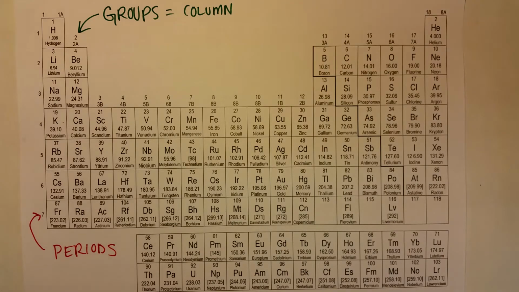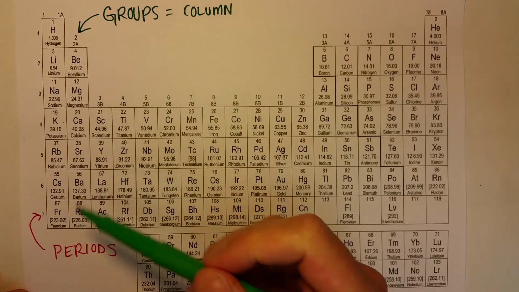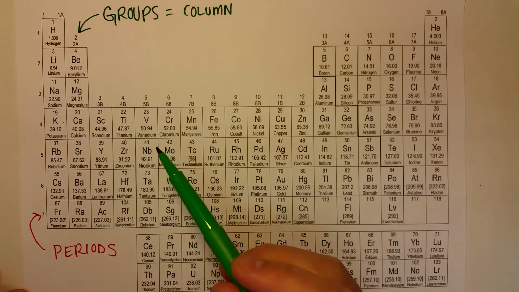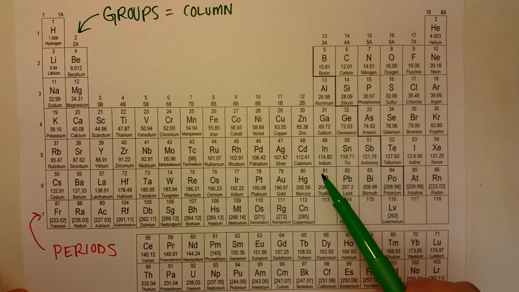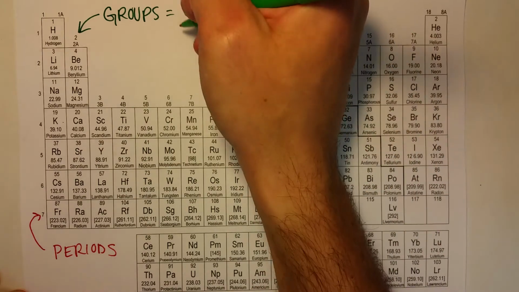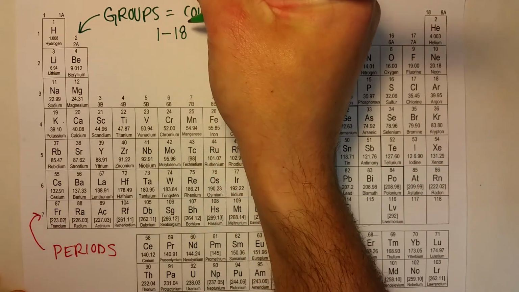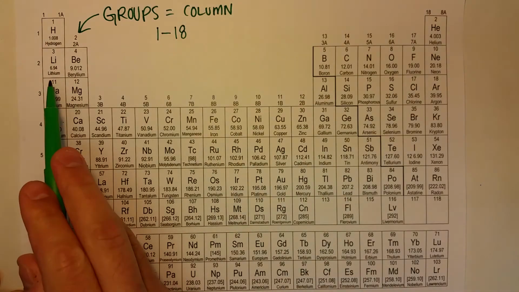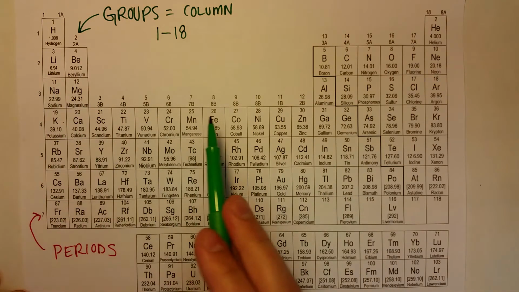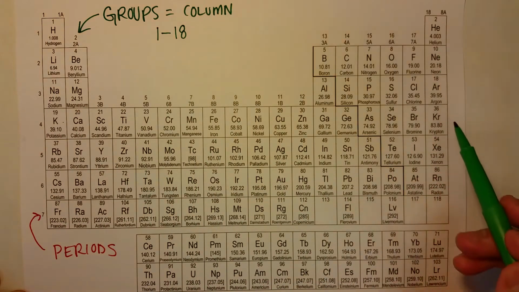For discussing elements within the periodic table, of course, we're going to want to number the groups and periods. For the groups, as you can see, there's 2 main mechanisms for numbering the groups or columns. There's a very straightforward 1 through 18 system, where we number the groups 1, 2, 3, so on, all the way to group 18, which has helium